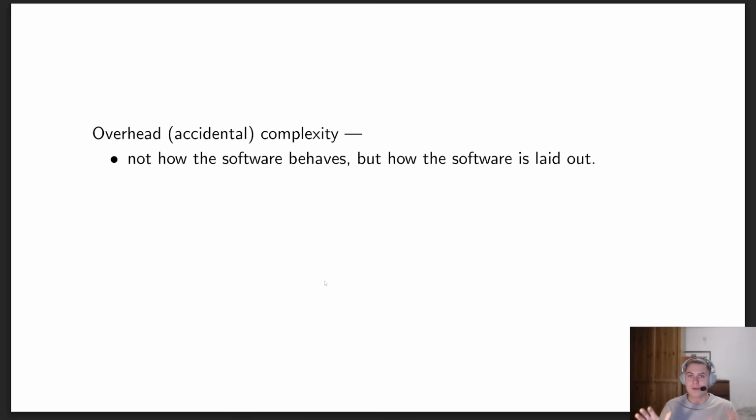What it means to manage it is to lay it out in a way that makes sense to the software engineers that read that code, so that they can internalize it better. It's the same as a good lecturer in a university who will structure their course in such a way that even if the subject is complex, it will be easier and more natural for their students to understand it. Overhead complexity comes into play when the lecturer doesn't do a good job of laying out the structure of the course, and so the structure ends up being poor and not well prepared to actually give the